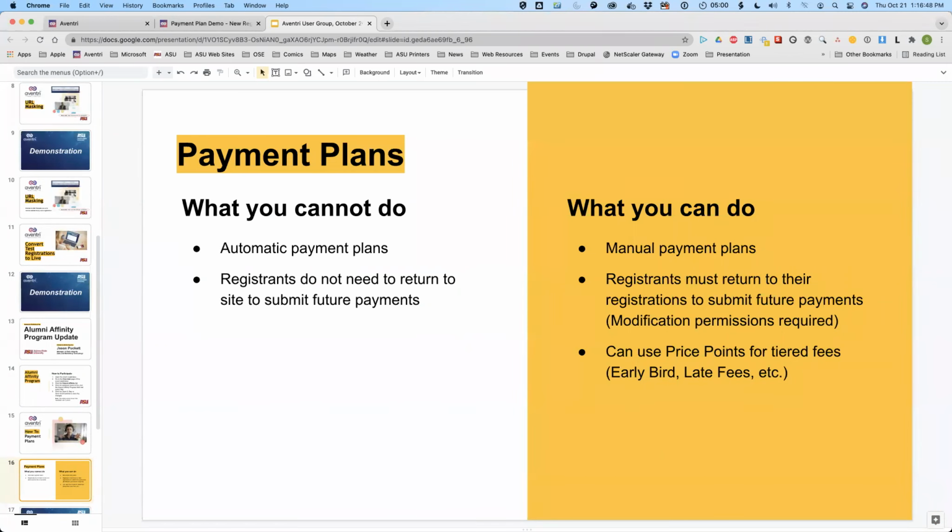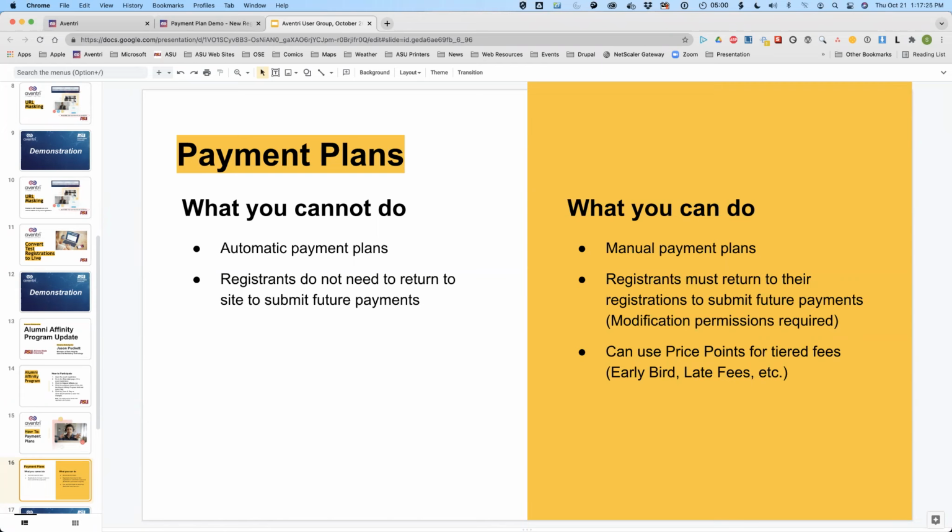So usually when people are asking me about payment plans, what they're looking for is a system where Aventri can have the attendee come in, say they want to be part of this payment plan, give the first payment, and then future payments are automatically deducted from their credit card or added to their credit card? And that is the no. No, there is no system in place, and it's not an Aventri thing so much. It's a combination of Aventri, Quick Pay, and ASU, frankly, for why that is not available.